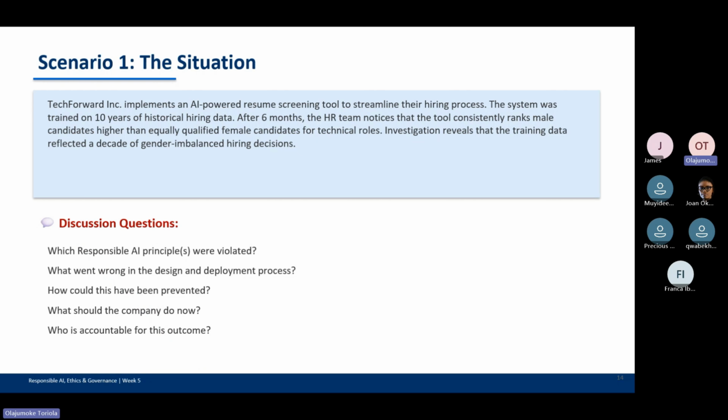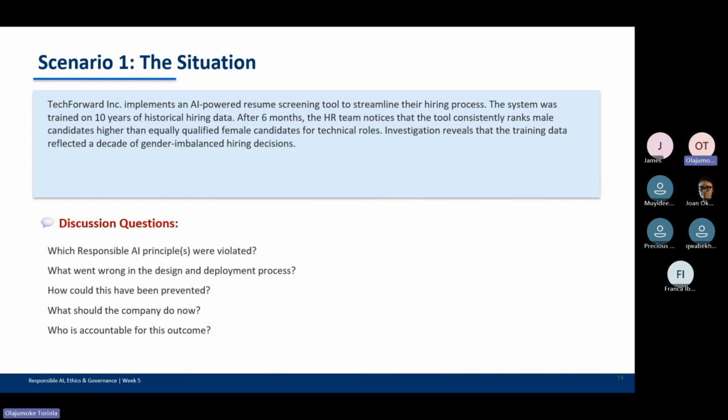Investigation reveals that the training data reflects a decade of gender imbalanced hiring. So let's discuss. What principle failed here? What went wrong? Which responsible AI principles were violated based on what we've spoken so far?